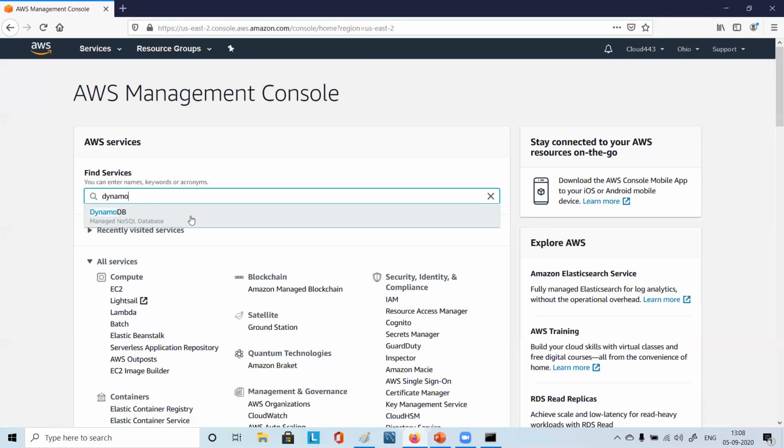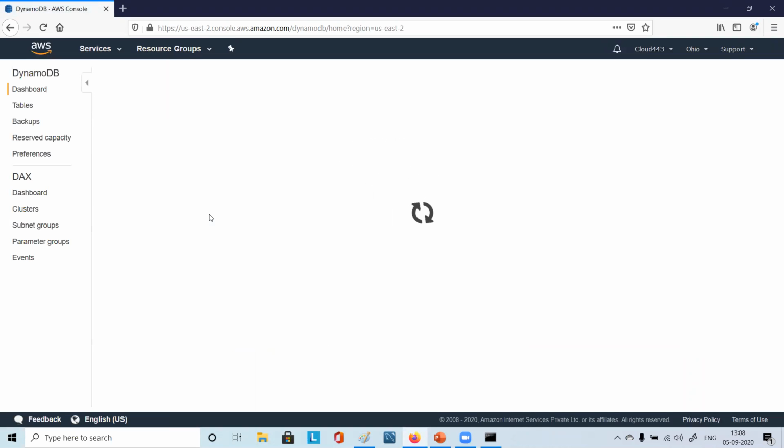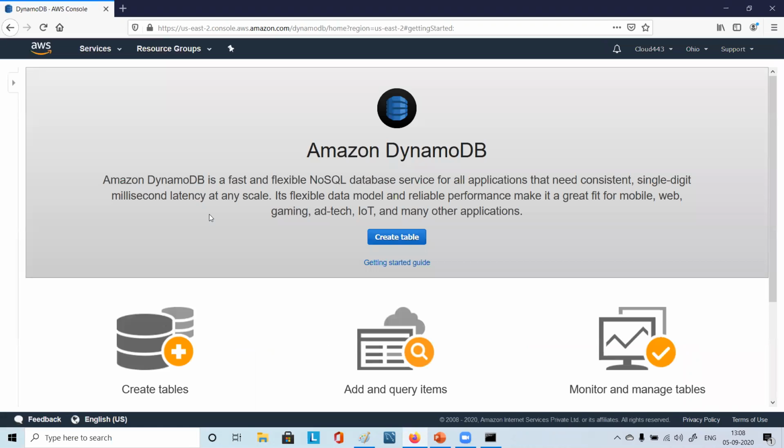You'll see this managed NoSQL database, DynamoDB. You come to this dashboard for DynamoDB.